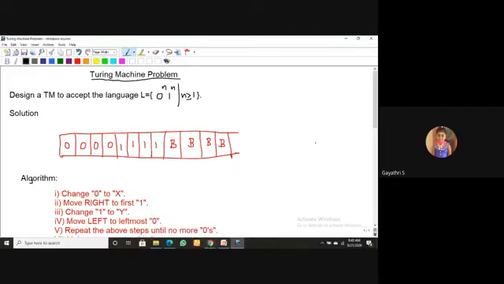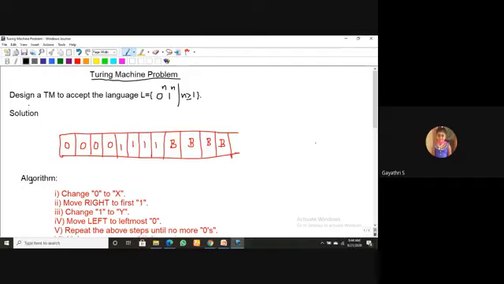See, this is the problem. Unlike a pushdown automaton, drawing the transition diagram for a Turing machine is a little bit difficult. It's not like a pushdown automaton or a finite state machine. It is only a little difficult at your starting stage. If you work with more problems, and the same set of problems again, by your own, then it is very easy for you.